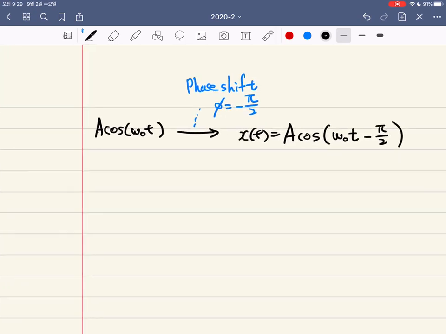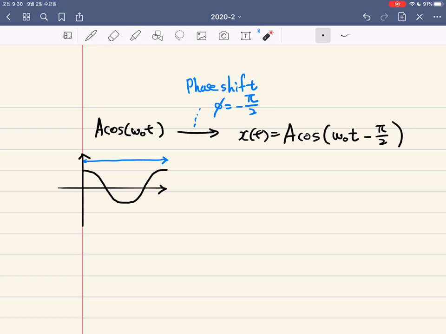And we had the equation of cosine here. Okay, and this is one period, and